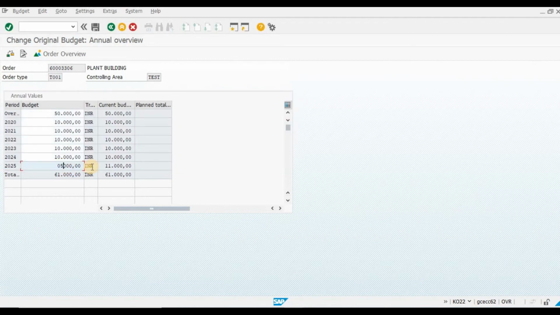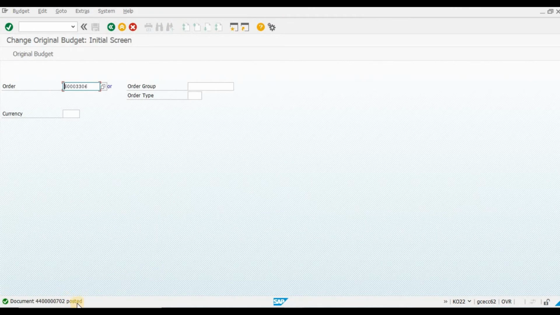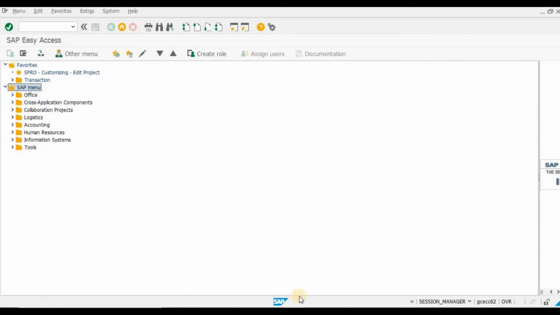I can do less, but I cannot do greater. Sorry, I don't have to put it here. See, the lesser figure is getting saved. So now our budget is 45,000, but for 2021 that is 10,000.